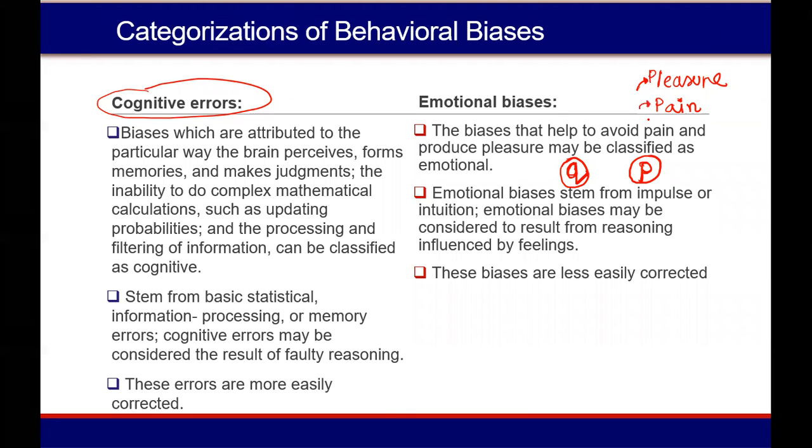Okay. So this kind of bias, what people always do to avoid pain and to produce pleasure for themselves, is more or less known as emotional biases. Say overconfidence is a kind of emotional bias, because overconfident